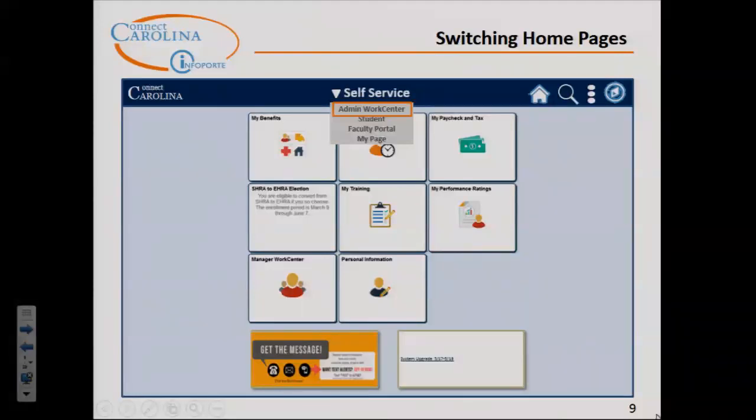So the one benefit for faculty is, if you work with faculty, let them know if they prefer to go through the Admin Work Center or they want to go through the self-service page to look at their paycheck or change their benefits, they'll have that option. By being faculty, they are also administrative users, they are also employees of the university, so they'll have access to all those pages. And then the last one is My Page, and that page will give you the option to